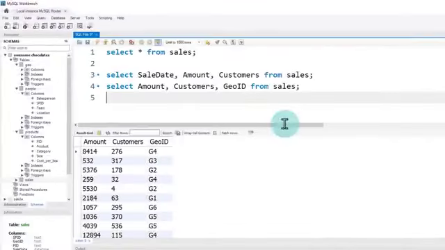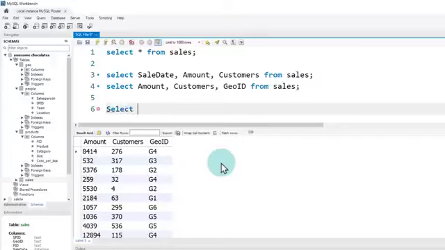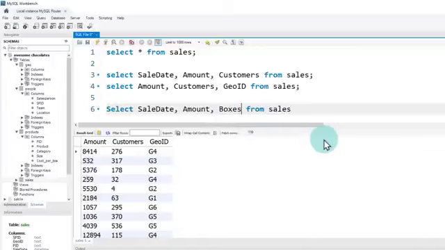For our next query, we are going to add an extra calculation, that is amount per box. Select, and then I want to see my date. So our date is sale date. And this can get a bit tricky, so I'm just going to write from sales first and then come back here, and from here we can go ahead and build those extra things. So sale date, and then I want to see amount, I want to see boxes, and then we want to add a calculation which is amount per boxes. So this is where we just take amount divided by boxes,